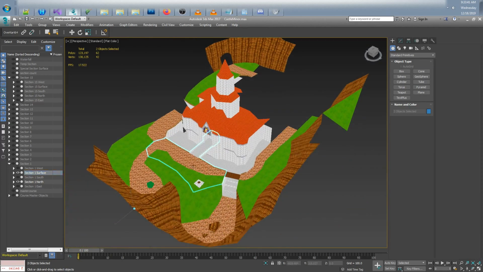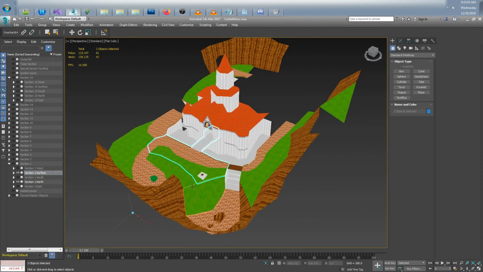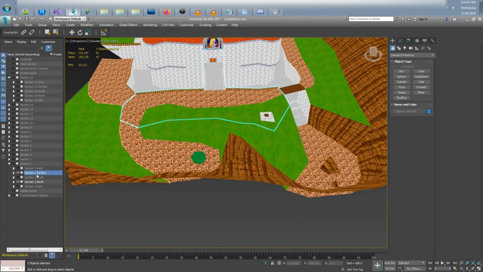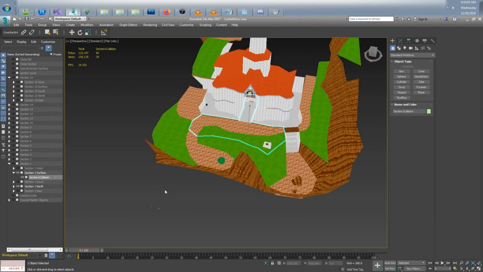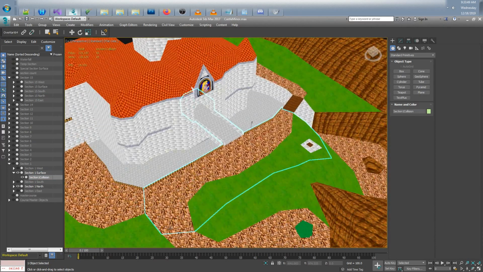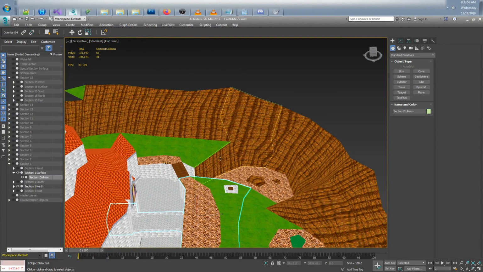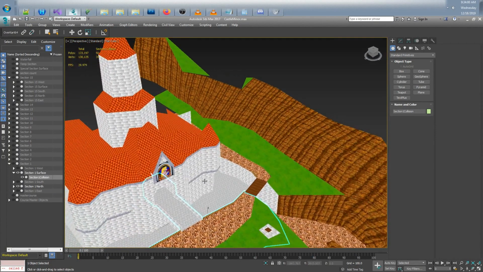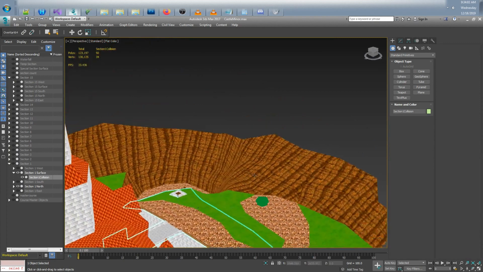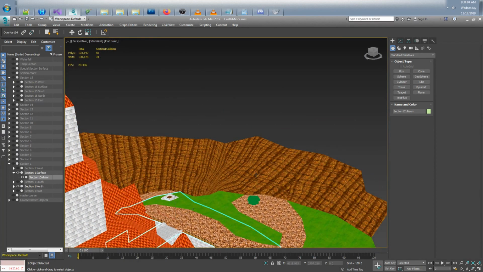I've highlighted section 1 right here. So anytime that I would be driving on any of the objects inside of this highlighted area, I would be considered to be in section 1. And this would be considered facing north. However, this is also facing north, and this is facing north because of up to 45 degrees before you turn